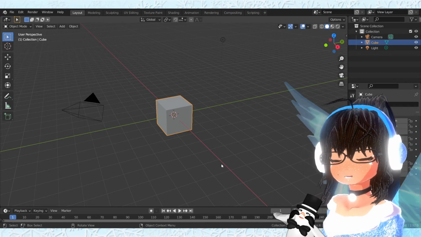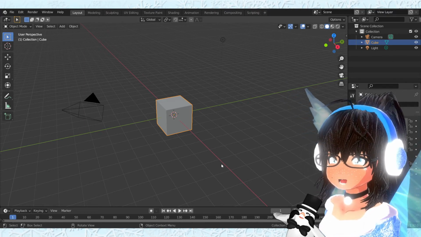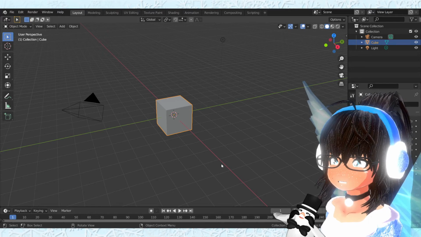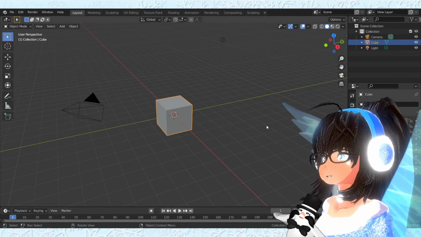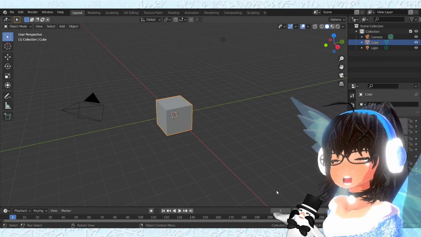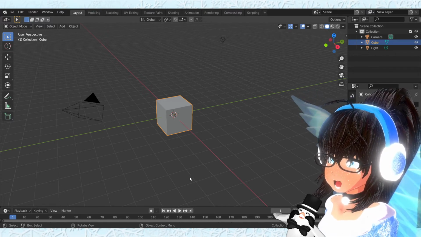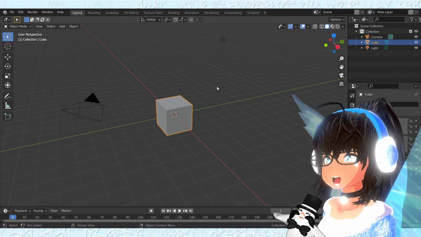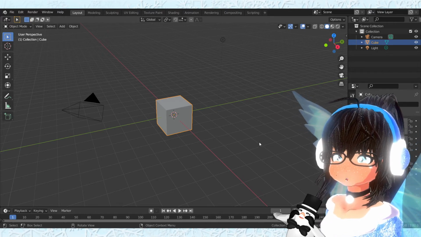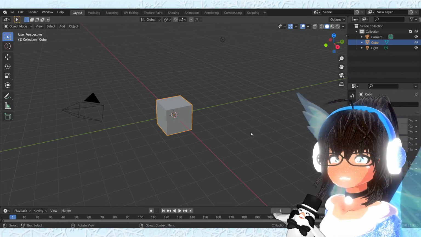In case you are brand new to the series, I highly recommend watching the first episode, which talks about object mode and navigation stuff, if you're very brand new to Blender. If by any chance you've already watched episode 1 or you already know how to navigate through Blender, in this